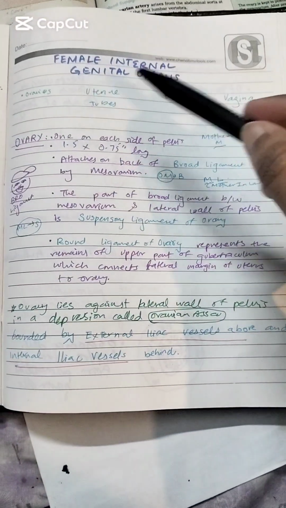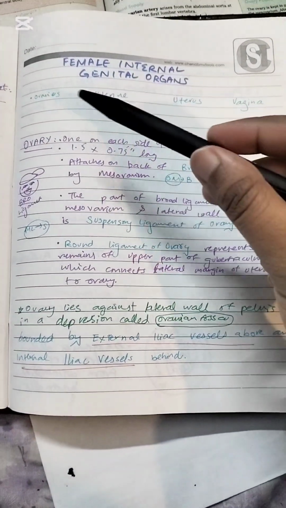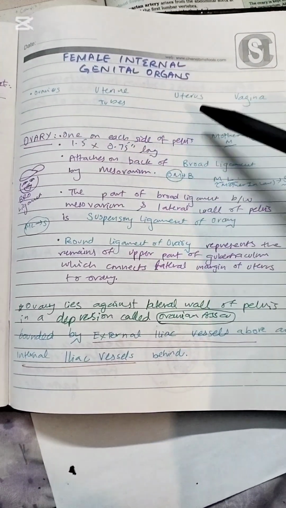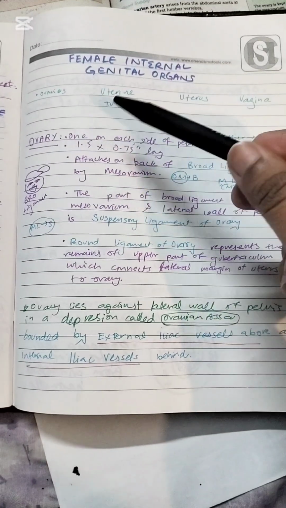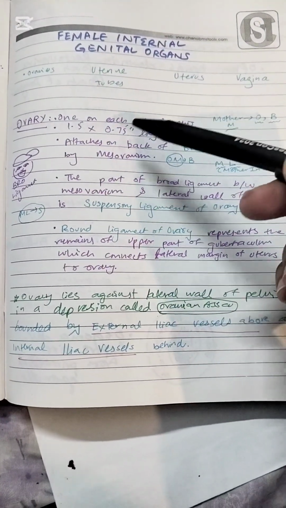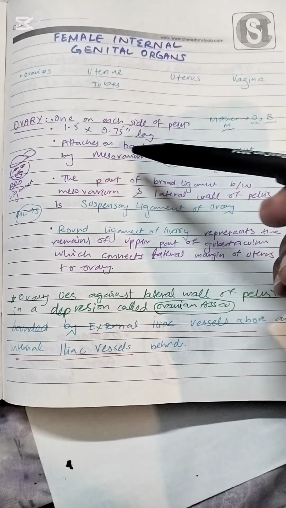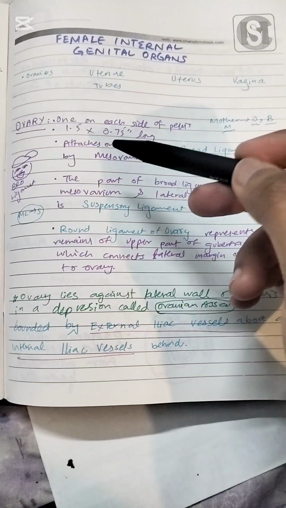Now let's talk about the female internal genital organs. These include the ovaries, the uterine tubes, the uterus, and the vagina. First of all, let's talk about the ovary. There is going to be one ovary on each side of the pelvis, and what are the dimensions of